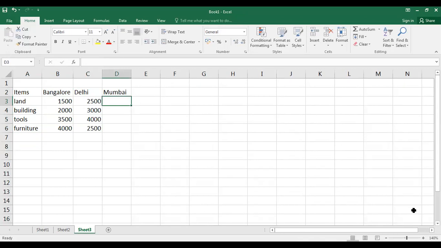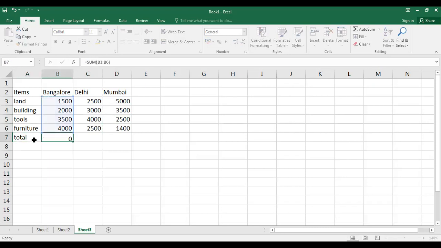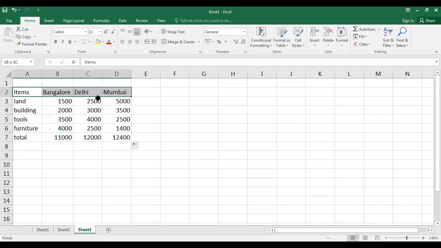It depends on the different areas we have to use. Here we fix the total. Alt plus symbol for auto sum. You can drag. Okay, so this is your table.